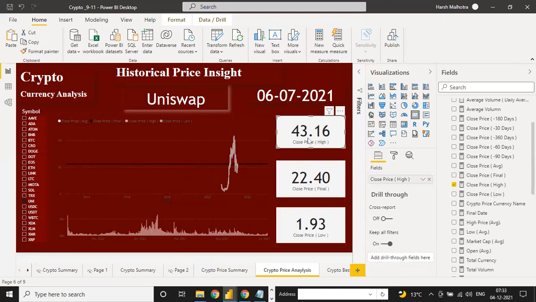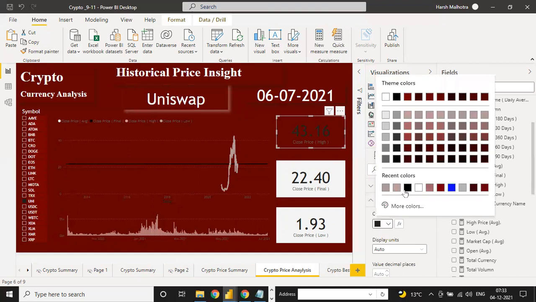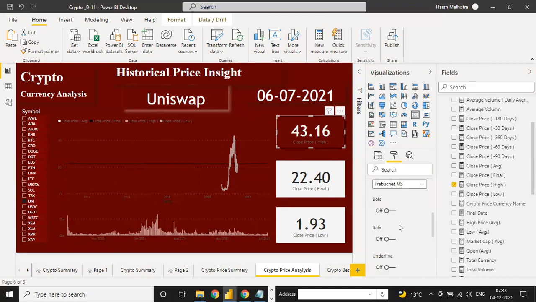And just go to this category; you want to switch it on, not switch off, on. And the background you can switch off. Data label you can change to white.